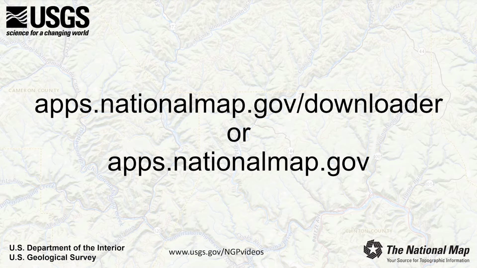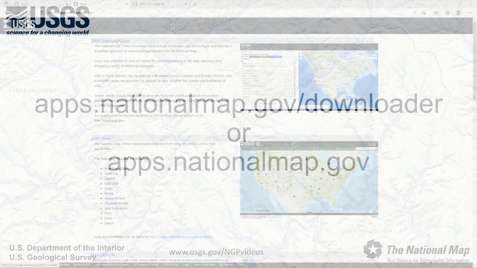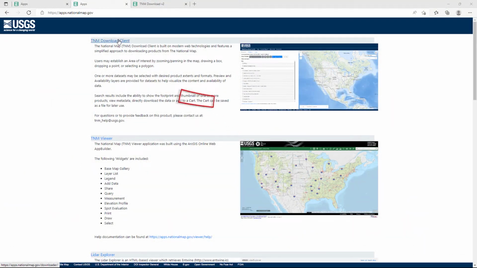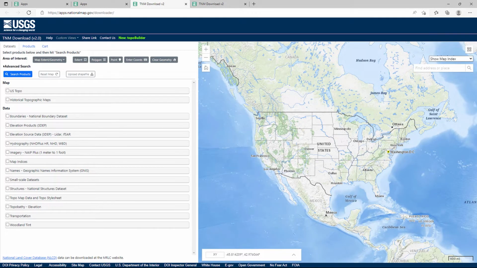To access the National Map Download application, go to apps.nationalmap.gov/downloader, or from the TNM Applications webpage, apps.nationalmap.gov, locate and select the application titled TNM Download Client. The TNM Download application allows users to explore and access the USGS staged products available for download. This application is a user-friendly version of the USGS Staged Product Application Programming Interface, and it is available on most